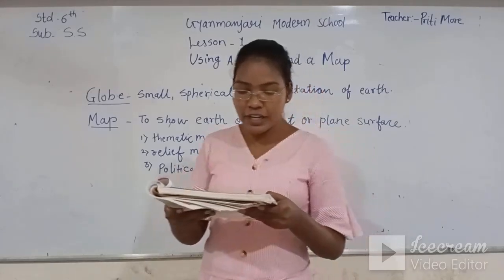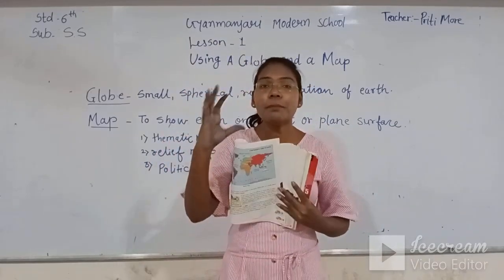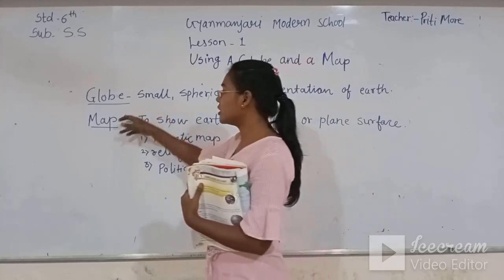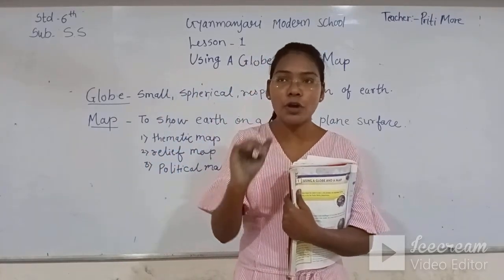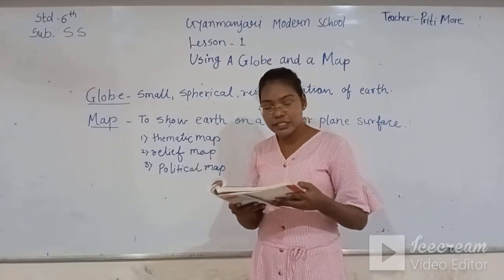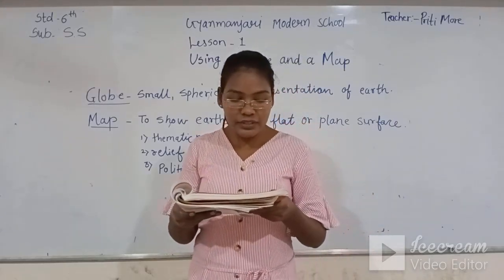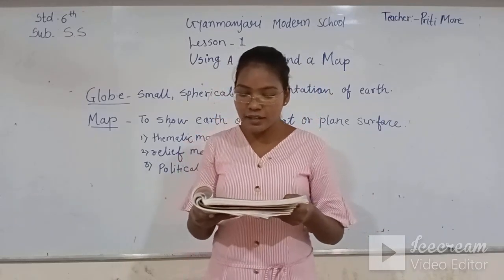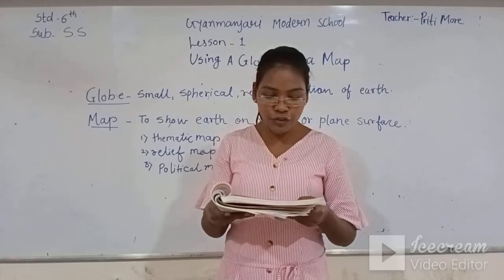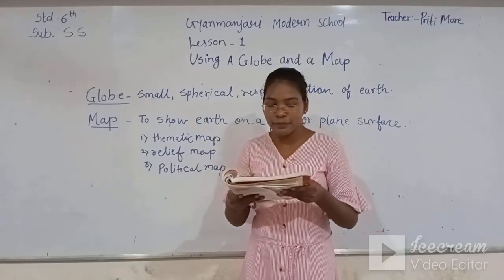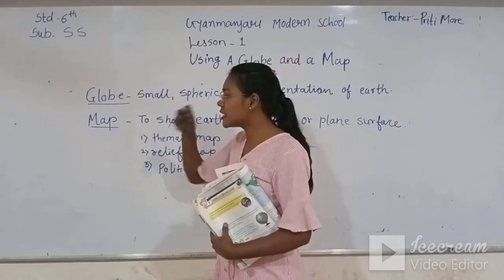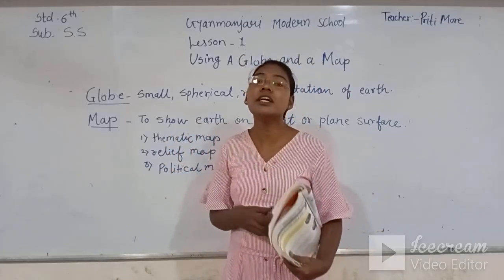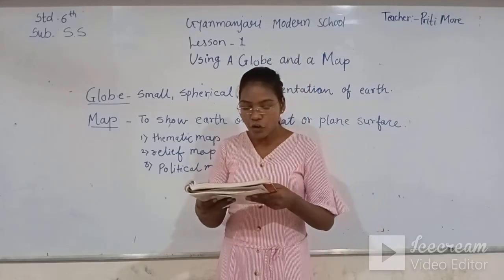So the earth is very big, and we can see a small part at a time. We cannot see the whole earth at a time. On the globe and on the map we see only a small part of the earth. A globe and different kinds of maps enable us to learn about our planet Earth and the location of various continents and oceans. That means the map and globe give us only small information. They do not give us accurate information about the continents, the locations and the oceans.